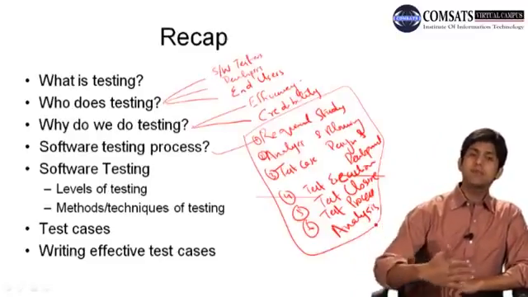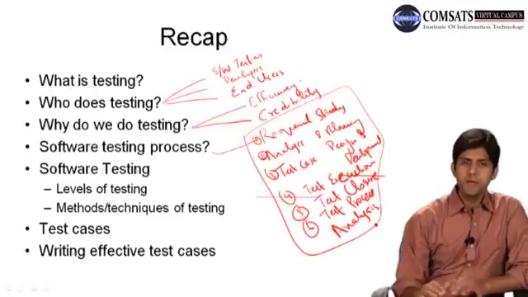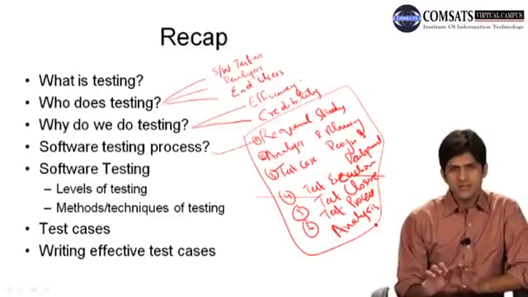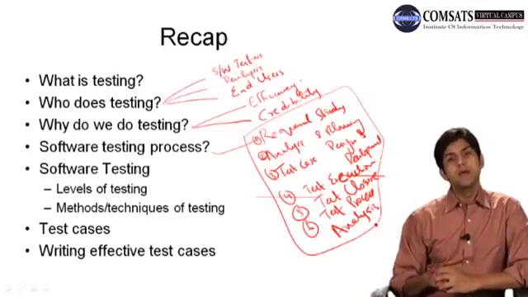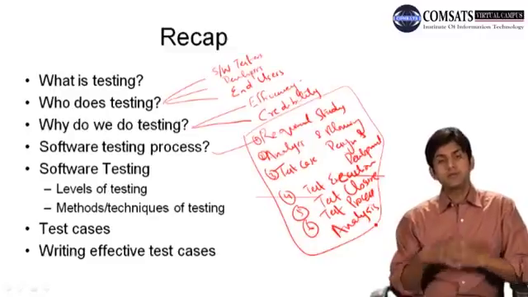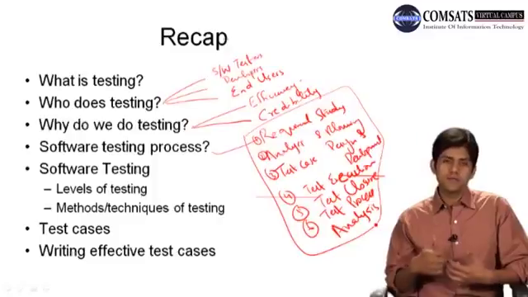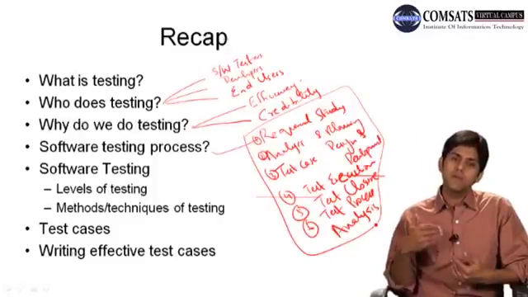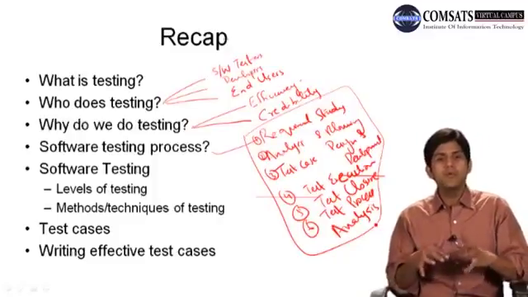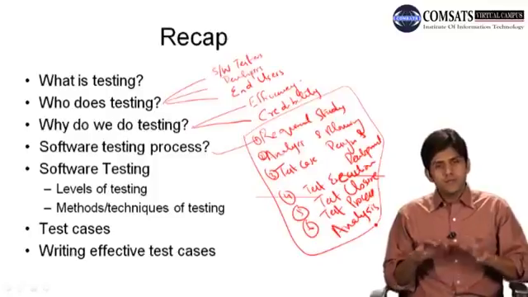And then at the sixth stage we do a test process analysis, and the purpose of this step of the software testing process is to improve the testing process, because software testing is a continuous process. We want to improve the process. As a software engineer, when we work in a company, we want to improve the processes that are in place